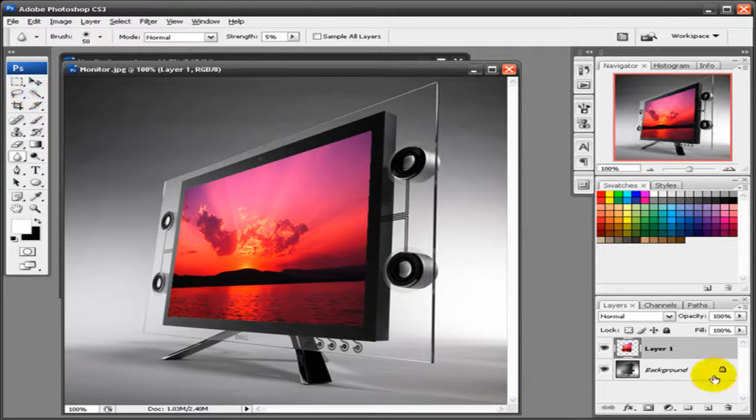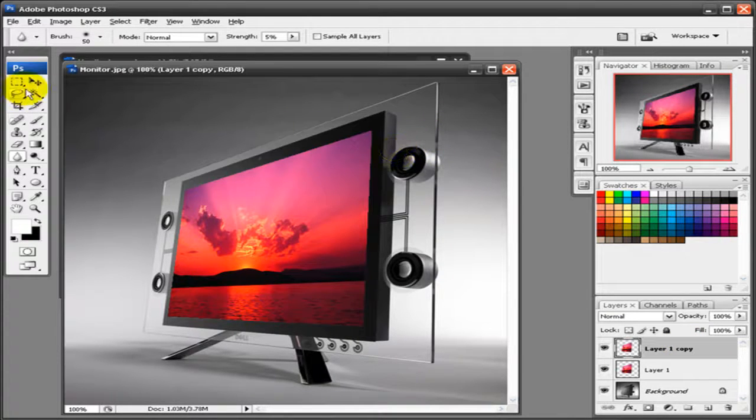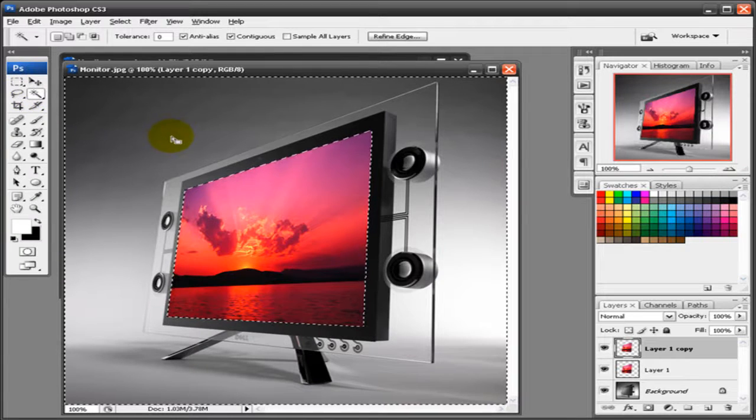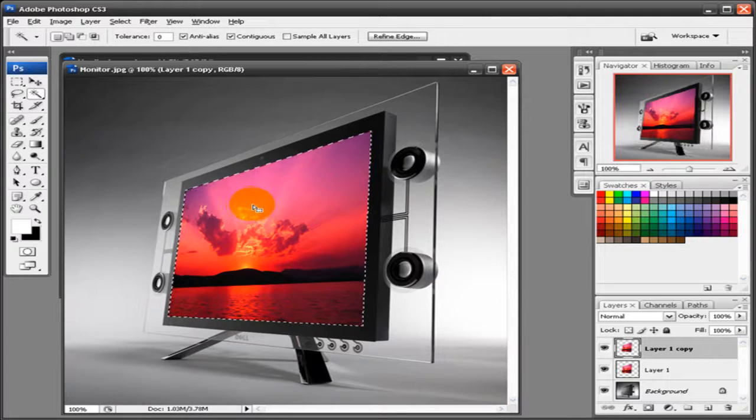Now we'll want to duplicate this layer by right-clicking and selecting Duplicate Layer. Click OK. Now we'll select everything, and then with the magic wand right here, and then we'll right-click and select Inverse. Now we'll just delete this on the upper layer. We'll select the Gradient tool,